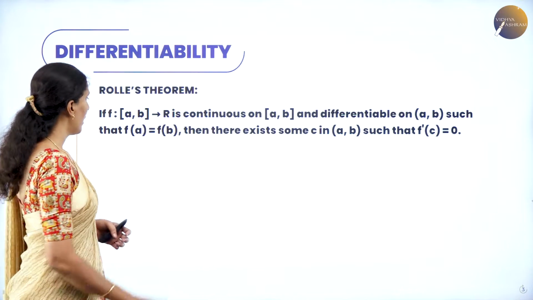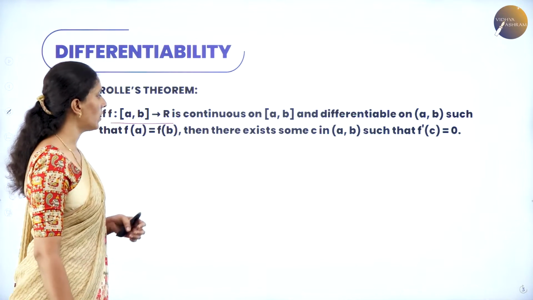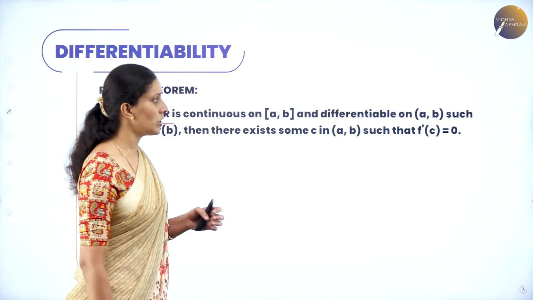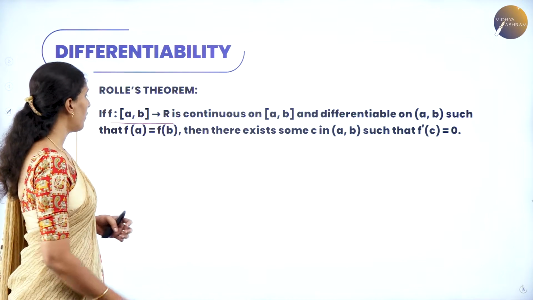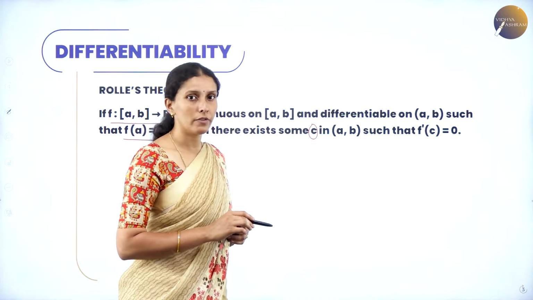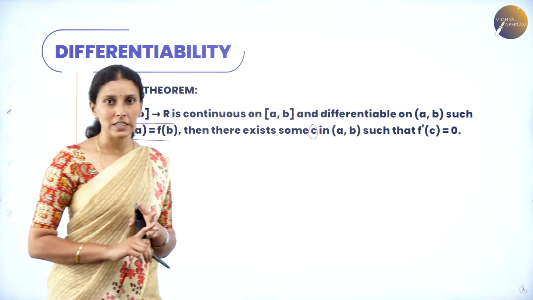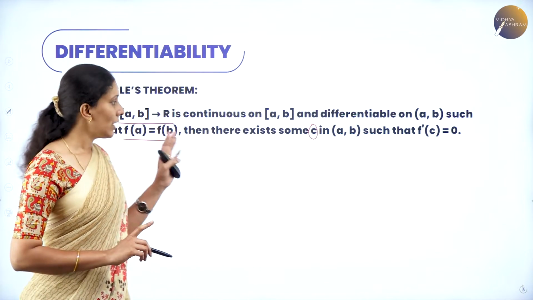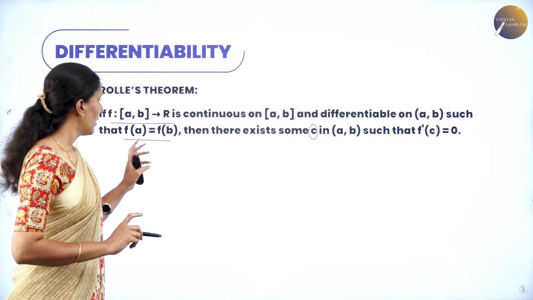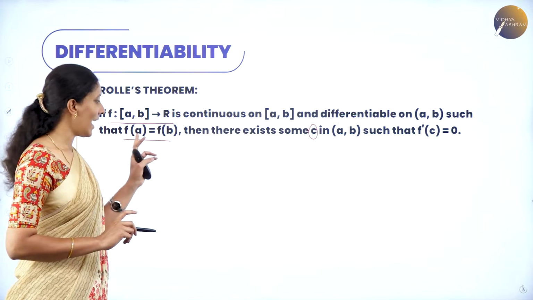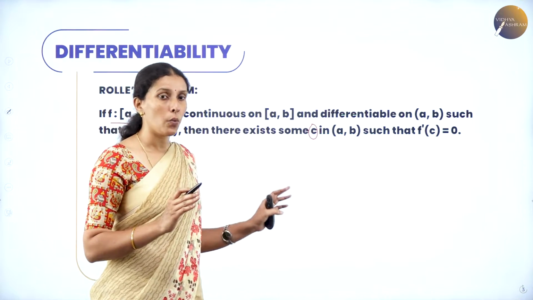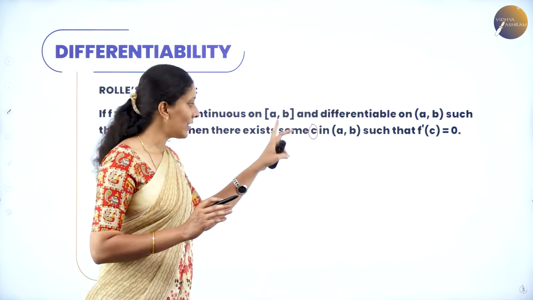Rolle's theorem says that f is a function from a domain to a real number, which is a range, is continuous on the closed interval a comma b and differentiable on a comma b such that f of a is equal to f of b. Then there exists a point C in the open interval a comma b such that f dash of c is equal to 0. So, here the conditions are f must be a continuous function as well as differentiable function such that the value of the function at a as well as b must be same. Whenever this condition is possible, there exists a point where the derivative of the function at the point C will